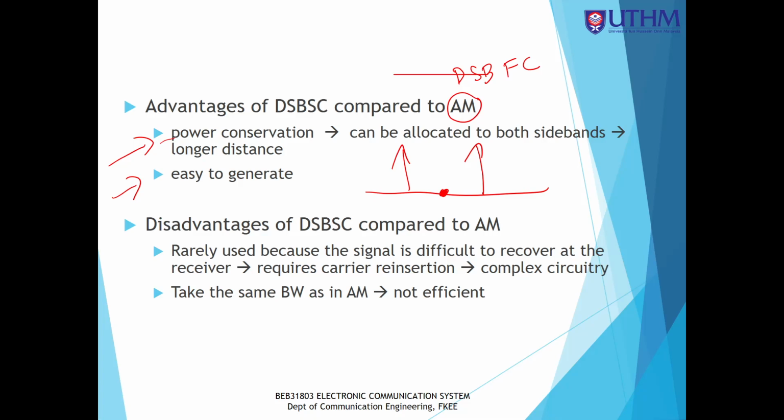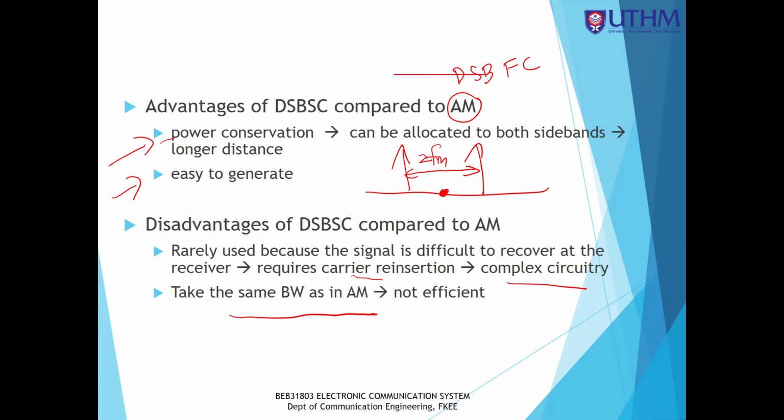If you see from here, the bandwidth is still the same as 2 FM. Okay, bandwidthnya masih sama 2 FM. So dari segi bandwidth, dia masih besar. Okay, and then what? The single sideband. Single sideband, we have two types. Single sideband with carrier. So you see that here, this is the carrier, this is the input message,